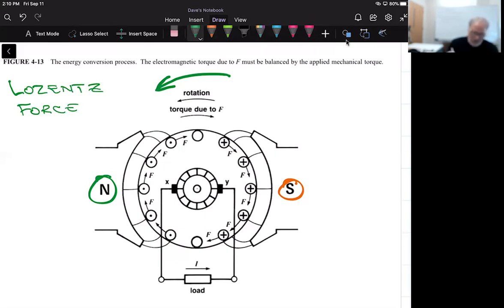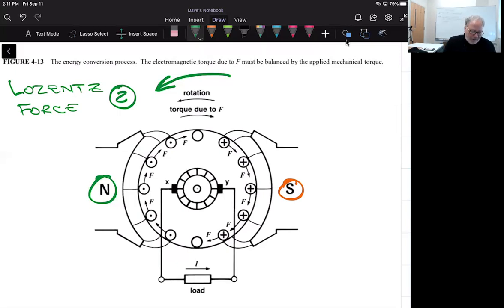This is some of that chapter 2 stuff that I was telling you we'd have to go back to. What it says is that anytime a current carrying conductor is exposed to a magnetic field,